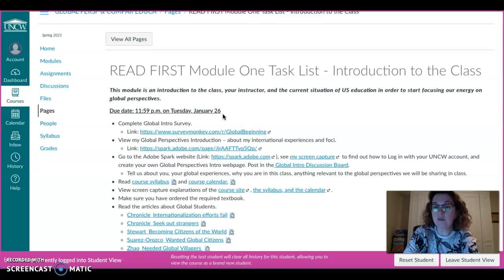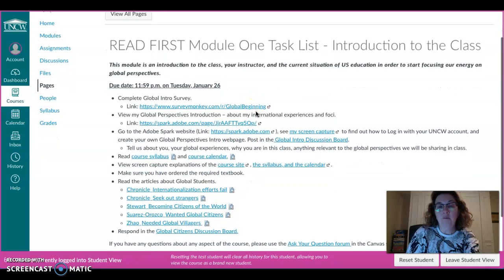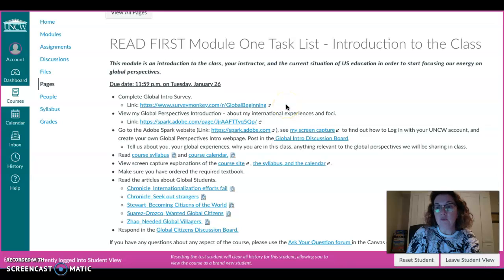The readings for this module are kind of an introduction to one specific concept, which is this idea of global citizens and the question about whether we should be preparing our children of today in the US to be global citizens, and what does that look like, and what would that mean, and should we do it, why should we do it, how should we do it, etc. So regardless of where you work in education, regardless of the ages of people that you work with, I think that idea and question of global citizenship is one that appeals or should be addressed by all of us in the world, perhaps, not just in our country.